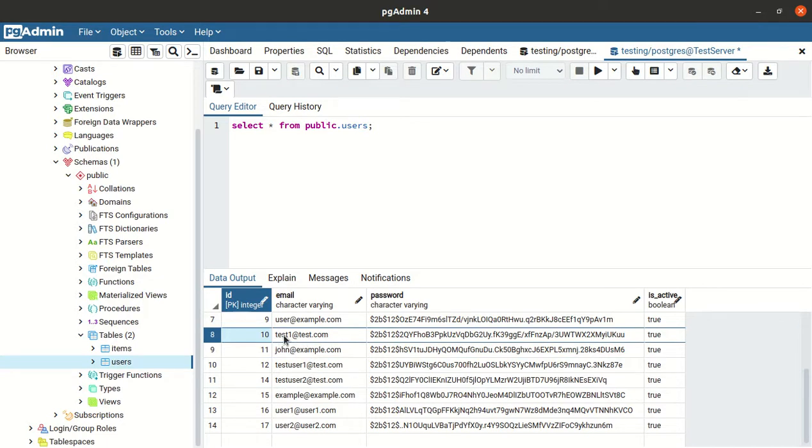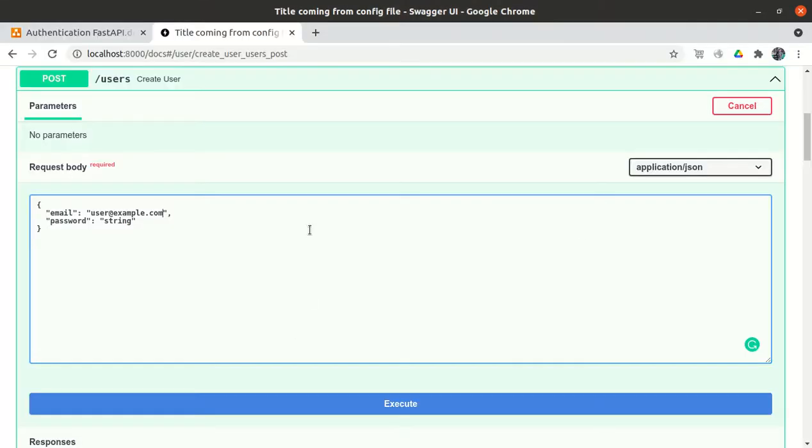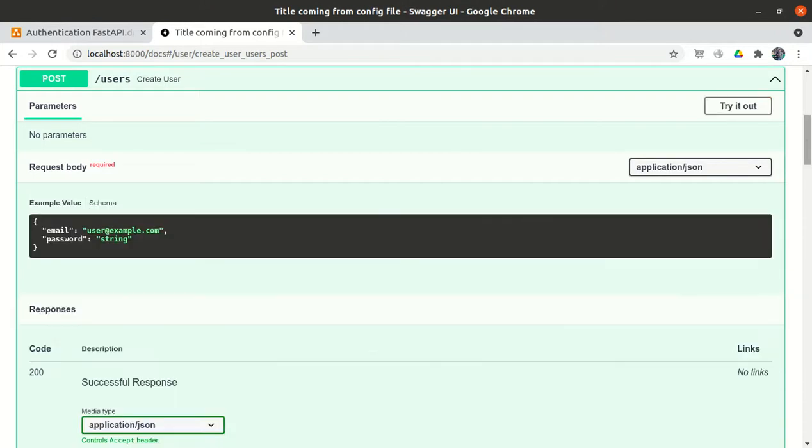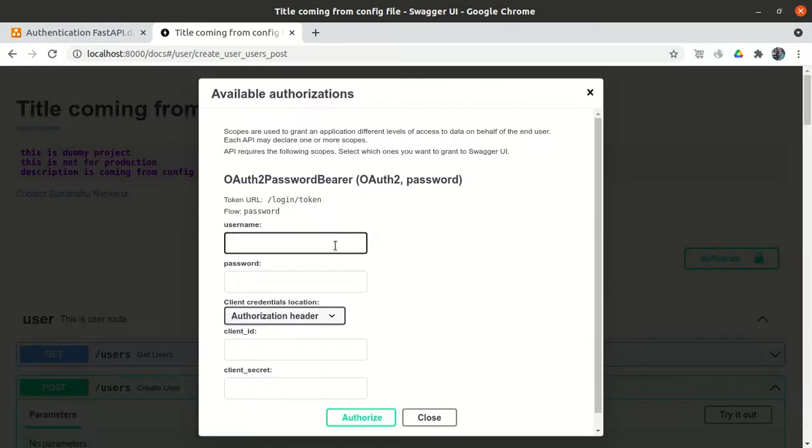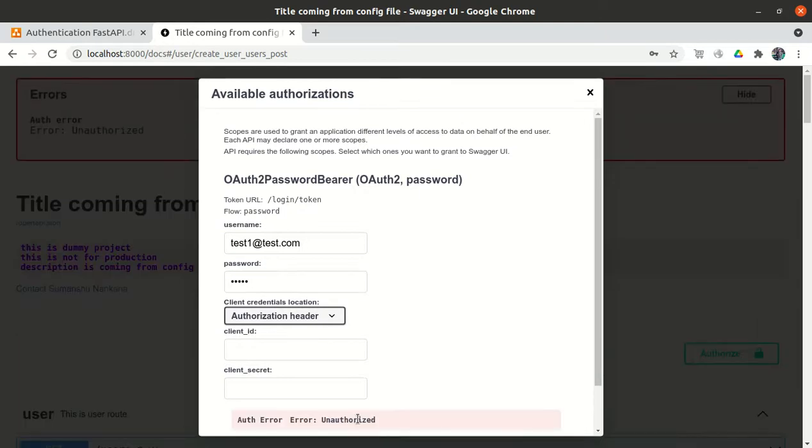Okay, let me try with test1. I think the password is test. Let me authorize it, test1@test.com, and I think the password is test1. No, the password is not test1. What is the password here? Test is the password.